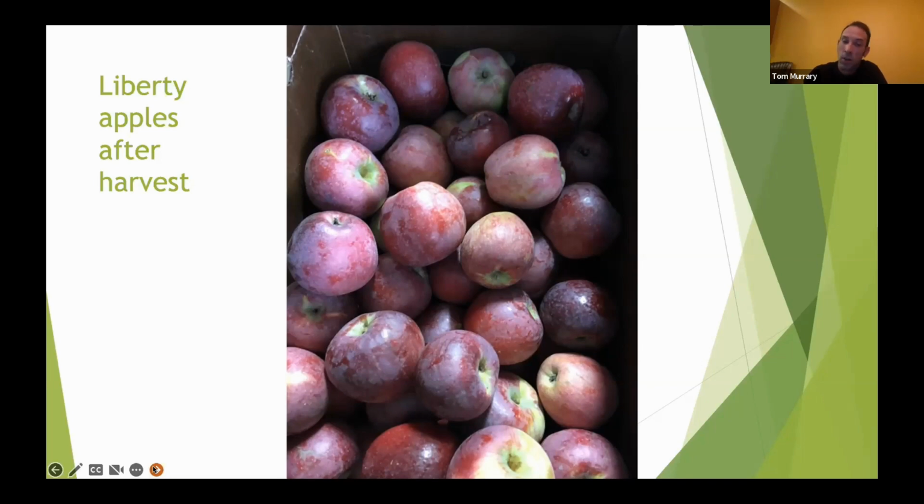We turned that orchard around and got some of the best packouts that have ever happened out of there, and the color just went right through the roof. It was just beautiful, the crops that came out in the subsequent years. So that's an example of the quality that we're pulling out of our orchard operation now.